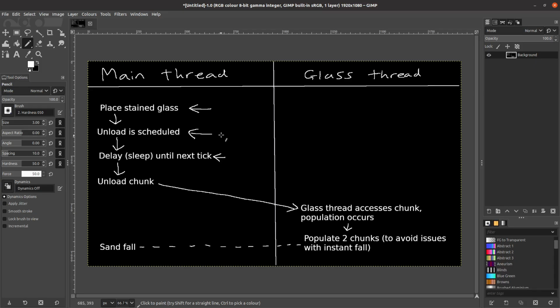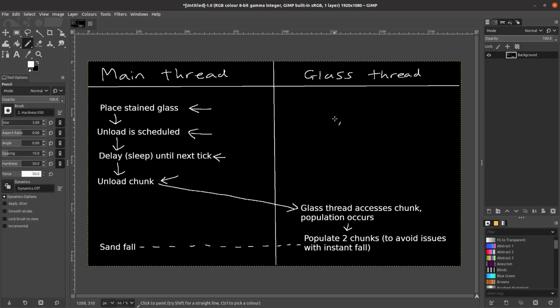But either way, this whole thing's a rubbish idea anyway, so let's just assume that we do this. And then in the next tick, at some point after mob spawning, the chunk is actually unloaded. And it's at this point, once the chunk is finally unloaded, that we can actually load the chunk again